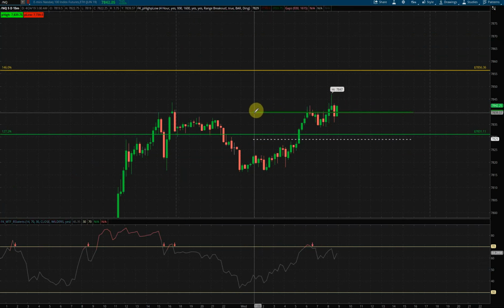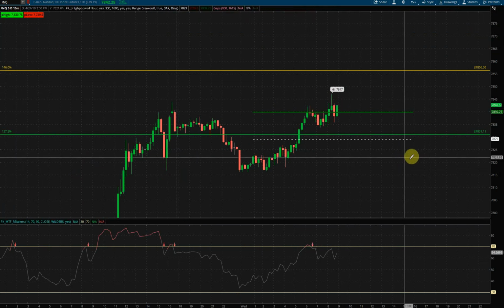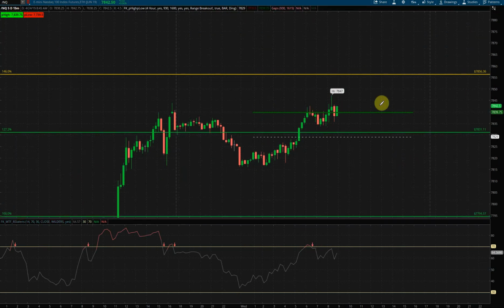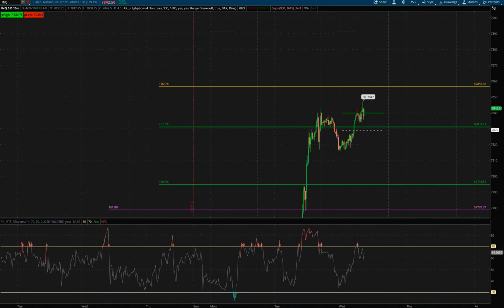This was yesterday's high, previous high up here at 78.39 and 3/4. So I'm just watching what it's going to do here in the next 40 minutes. Do we open outside or inside the range? It's going to be a chop day. We got some earnings plays and different stuff going on, and so we'll see